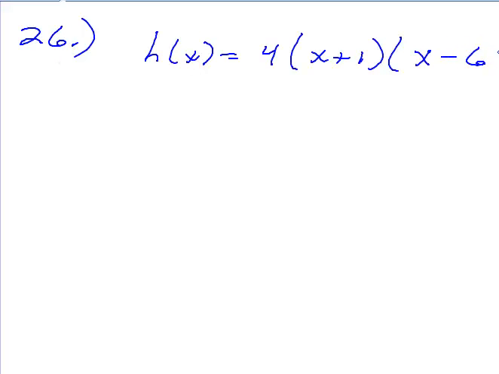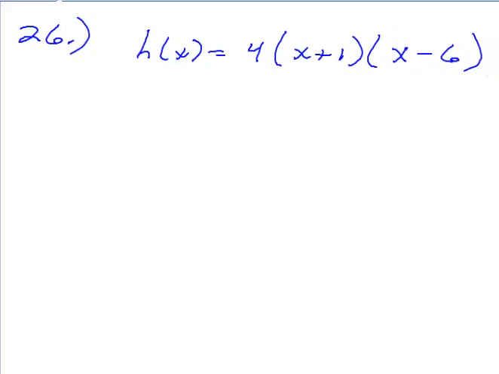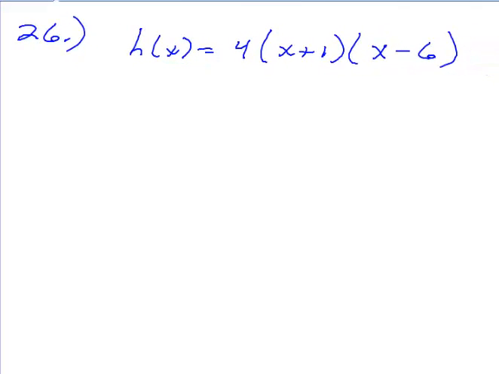So number 26. What does number 26 say, first of all, is the equation? X minus 6. Okay. And the directions say to write this in standard form, right? What is standard form for a quadratic? Y equals ax squared plus bx plus c, right? So when they say write in standard form, all they're really saying is get rid of the parentheses, right? We want you to multiply this out, so when you're done, you get y equals ax squared plus bx plus